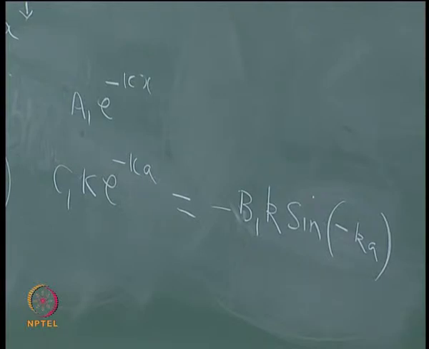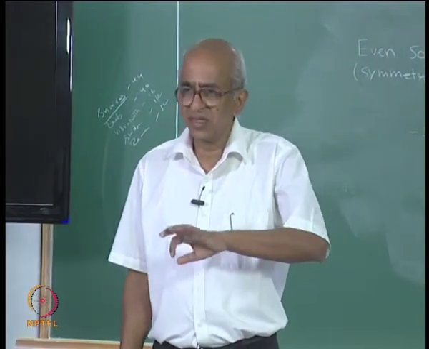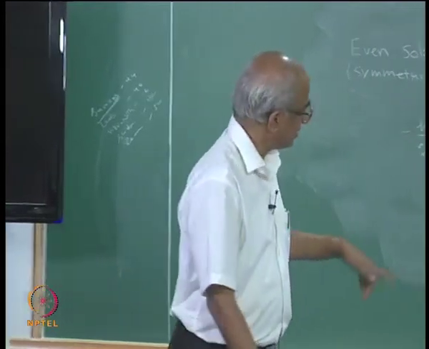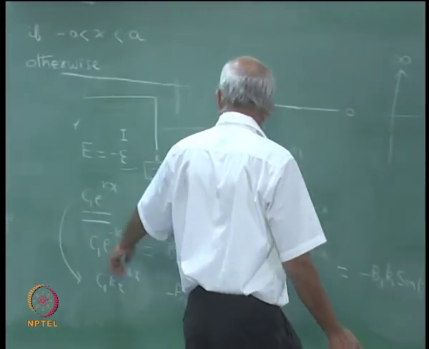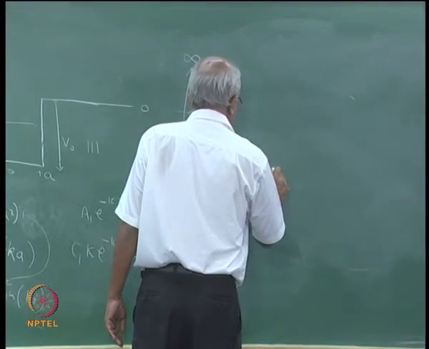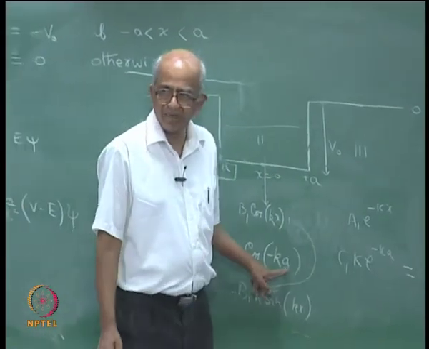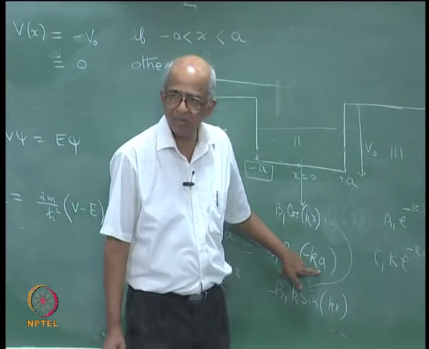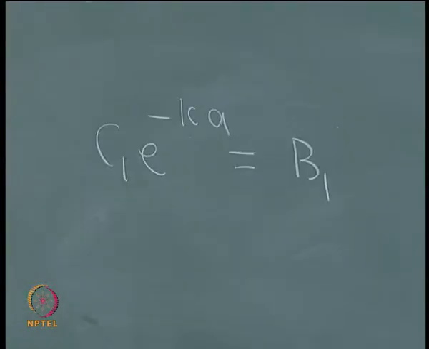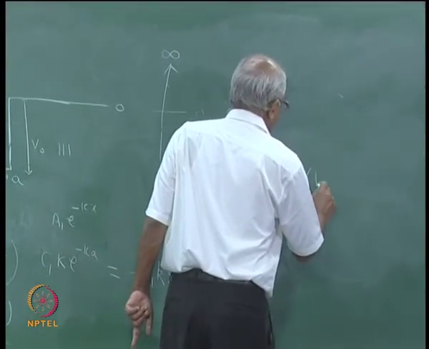So, you see that we have obtained two equations, one by saying that the wave function is continuous and the other one by saying that the derivative of the wave function has to be continuous. So, what are the two equations? Let me write them neatly somewhere. The first equation says C1 e to the power of minus kappa a must be equal to B1 cos Ka. Well, cos of minus Ka, but as far as cosine is concerned, this minus sign is not important because the cosine function is an even function. So, this is actually equal to B1 cos Ka.